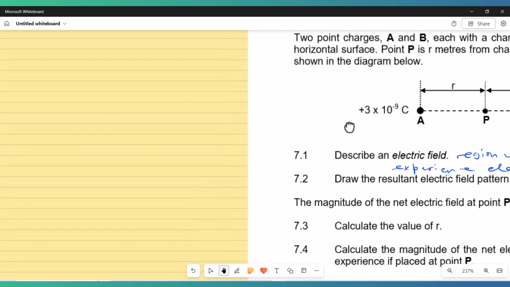So now in this case, that is 7.2. Let me draw it here. 7.2. You must indicate the positive, okay? If this is our A, which is positive, and this is our B here, which is also positive, then the lines are going to be repelling, they're approximately tangential from the surface, okay? So they are repelling,